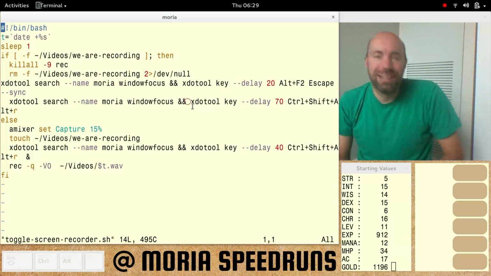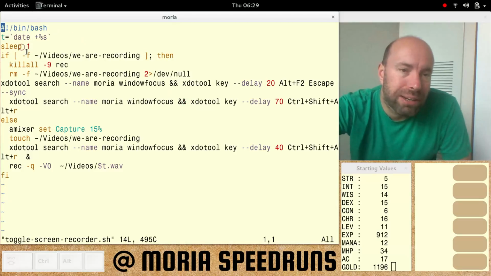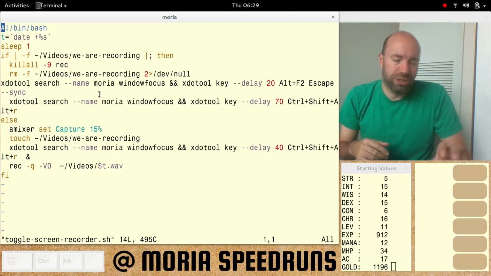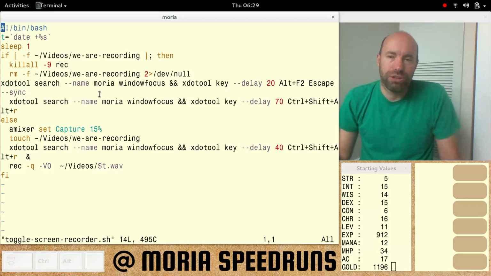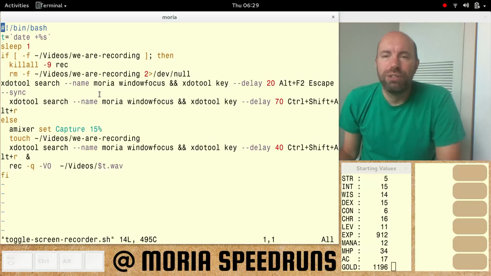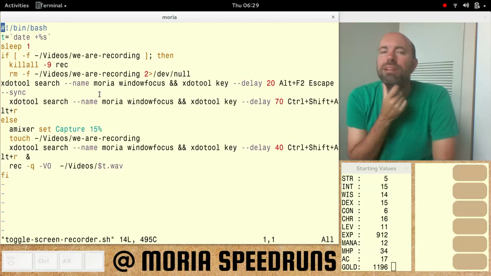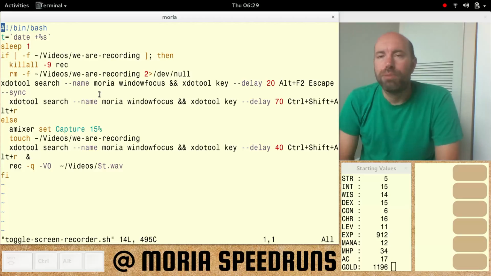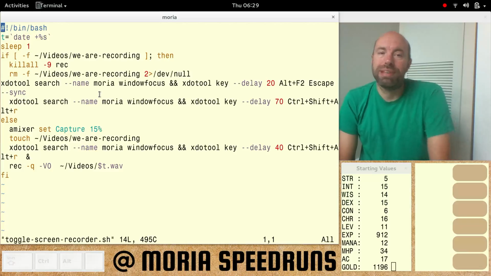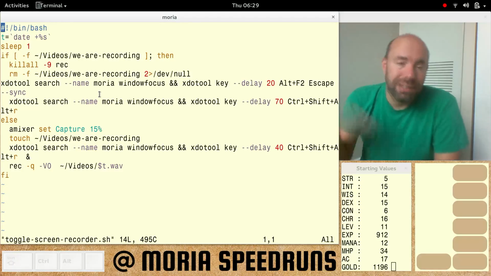Sometimes it wouldn't take. So now I added this sleep in here. So I was just going to wait a second after we hit Control-Shift-Alt-M to issue the Control-Shift-Alt-R. Now we're also doing the Alt-F2 escape thing. I can't remember why that is. Oh, we were trying to retain focus on a window. That's my hack for that. But anyway,